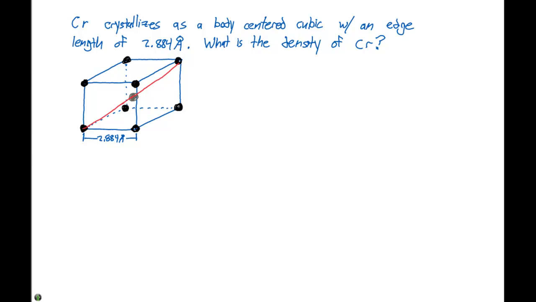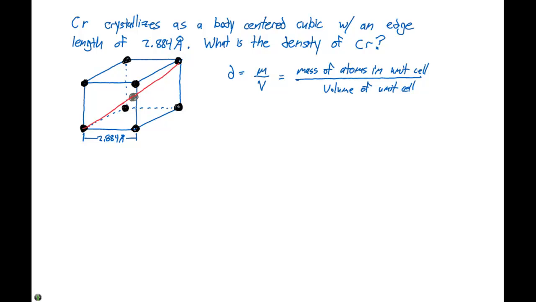So if we think about what density is, density is equal to the mass divided by the volume. We can rewrite this to say that this is the mass of the atoms in the unit cell divided by the volume of the unit cell. Okay, so if we think about what we have here,